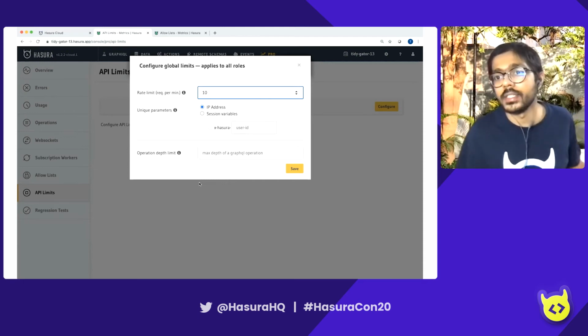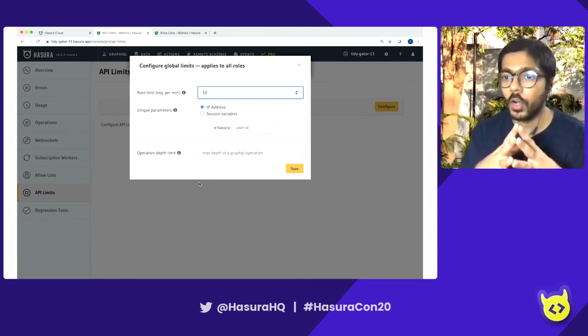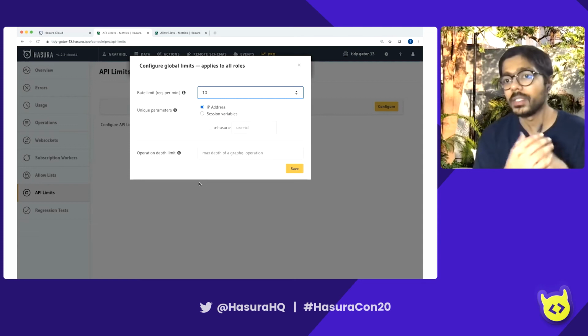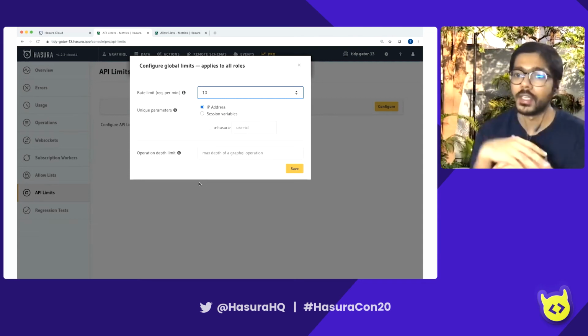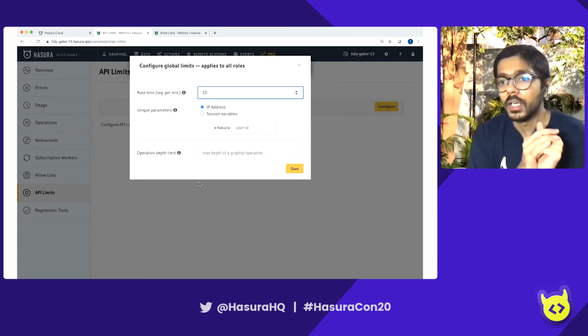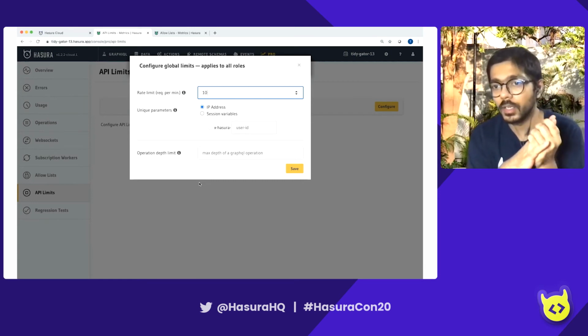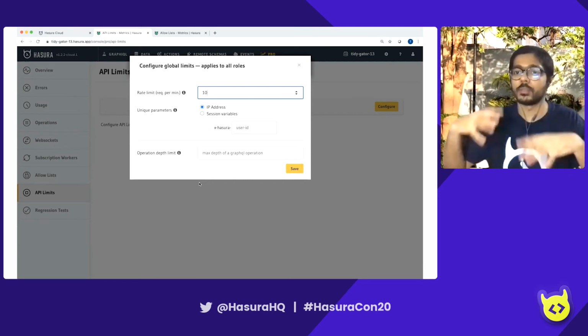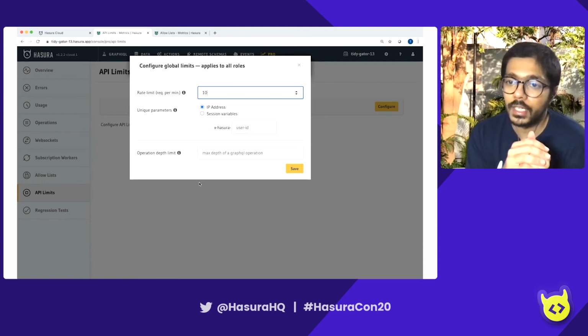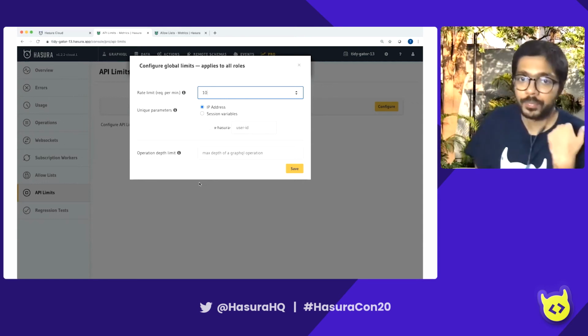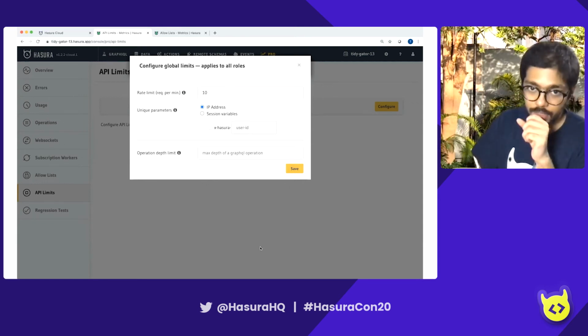The nice thing here is that because Hasura is auto-scaled out, these rate limits are applied across these Hasura instances, which is a little bit painful to do. It's easier if you have a single Hasura instance, but when you're sharing across instances, there needs to be some shared state that keeps track of the counter and so on. So as soon as I set this rate limit,